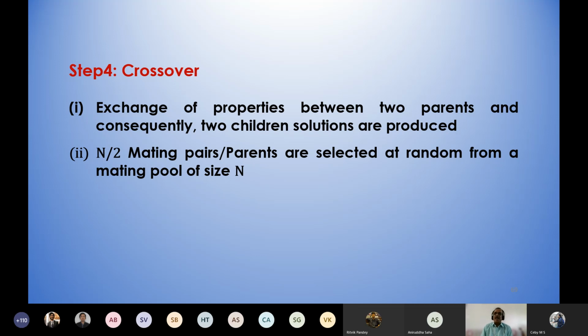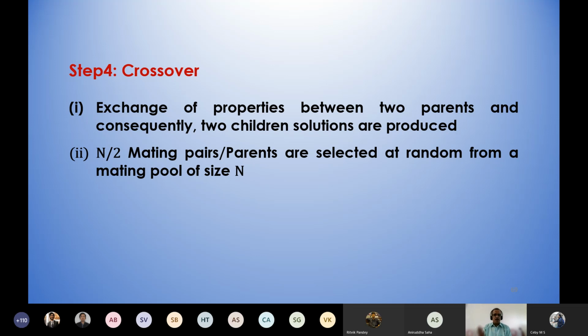If the population size of the mating pool is capital N, we try to make N divided by 2 mating pairs, because each mating pair will consist of 2 parents, and these 2 parents are going to generate 2 children solutions.